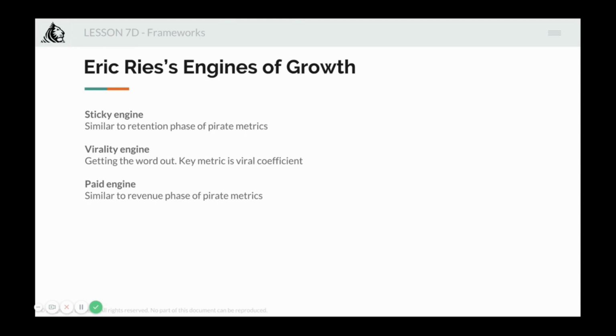The third engine is the paid engine, which is payments, and which is very similar to what Dave McClure calls the revenue stage or revenue bucket. It's usually premature to turn this engine on before you know that your product is sticky and viral. Meteor Entertainment's Hawken is a multiplayer game that's free to play, but it makes money from in-game upgrades. Meteor is focusing on usage within a beta group first, which is stickiness, and then working on virality, inviting your friends to play, and finally payment, which is